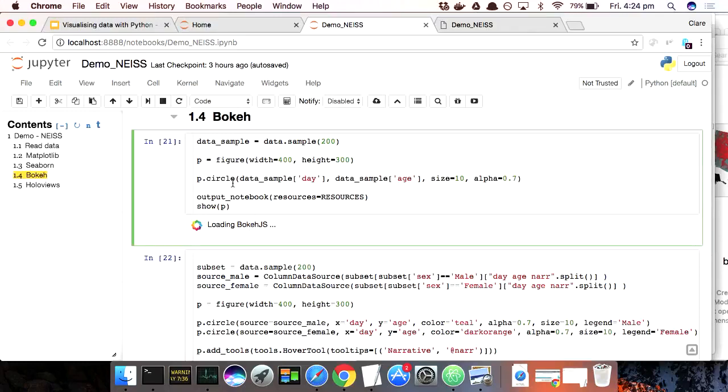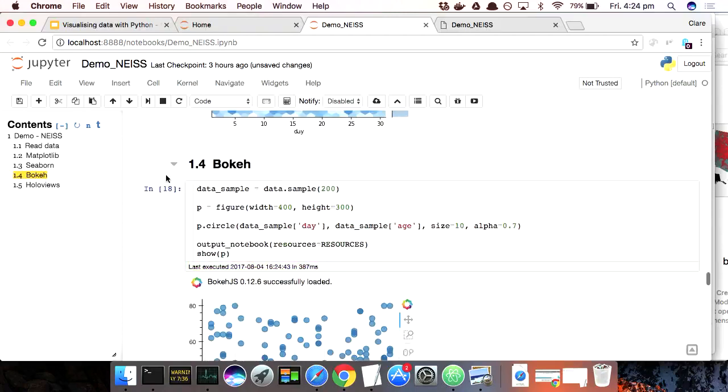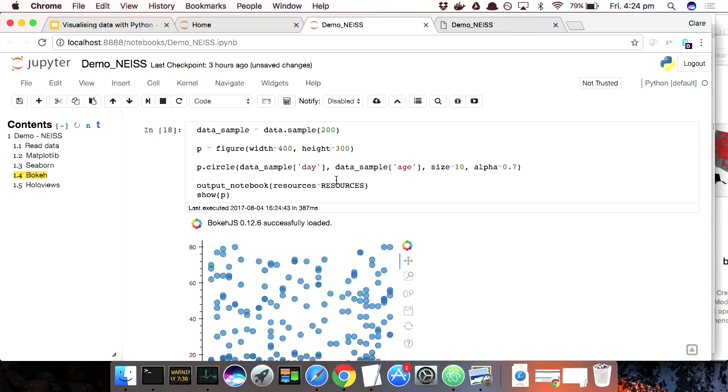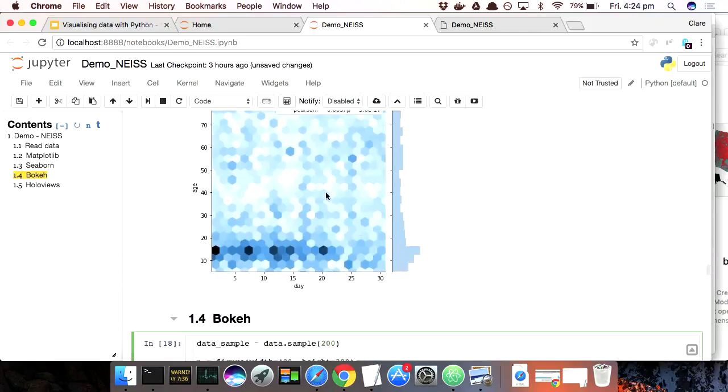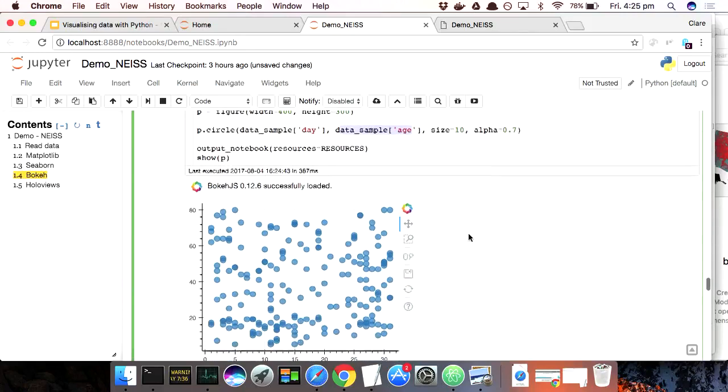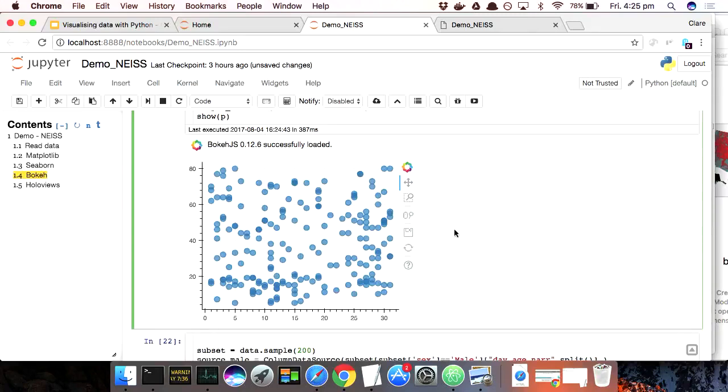So this is the basic way that you make a plot in Bokeh. Now this is the bit where I start to get nervous about internet connectivity and everything, as I do JavaScript demos in a notebook. I've said, draw me some circles, make the x-axis the day, and the y-axis the age. So it's conceptually the same as this. I've just taken a random subset of my data so that I don't have too many points, and I can demo it. So we get just a scatter plot,